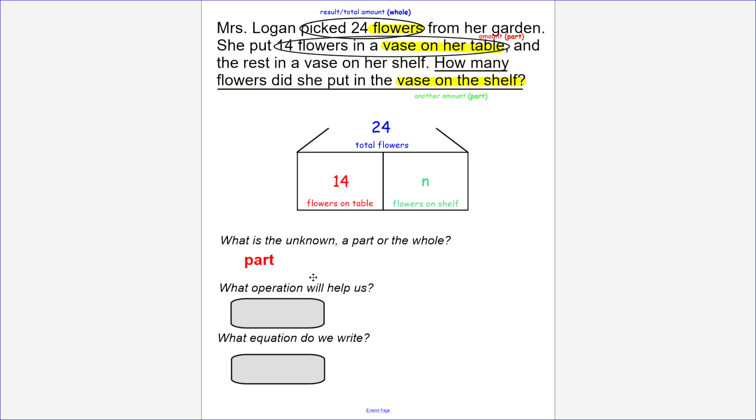To solve this operation, we will use subtraction. Because the piece of information that is unknown is a part, we will subtract. Whole minus part equals part. I would like you to think, what is the equation we would actually write to solve this problem? To solve this problem, we would write the equation